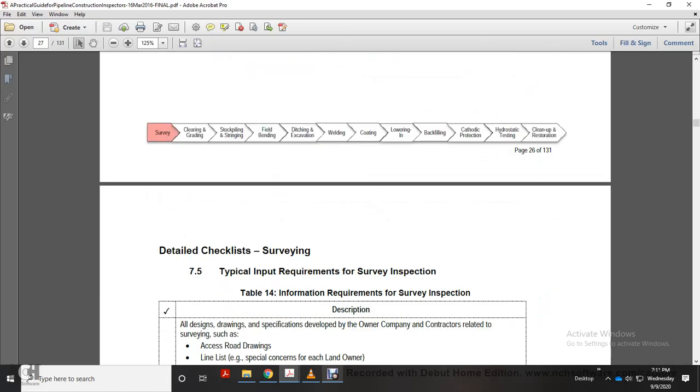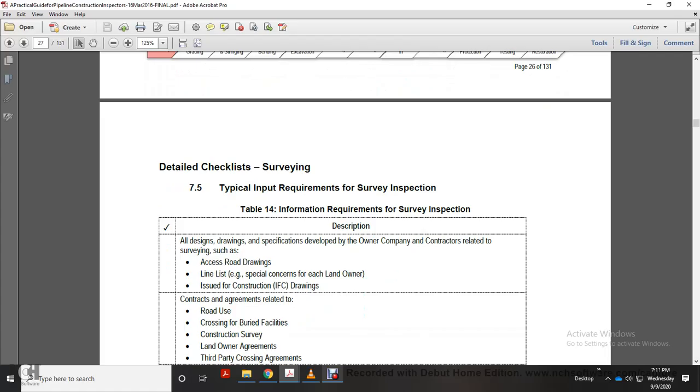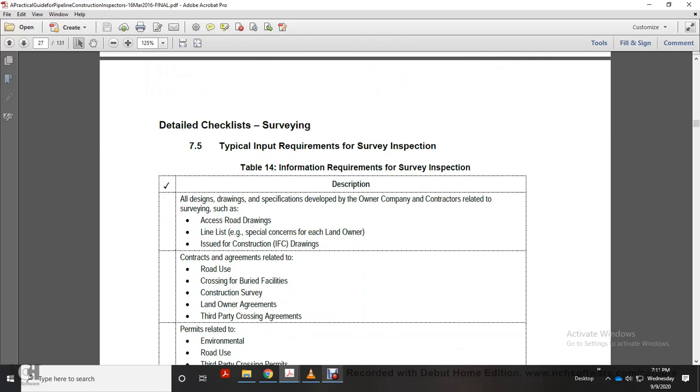Detailed checklist of the 7.5 to 10 technical input requirement survey inspection. Table 14, information requirement of survey inspection description: all design drawings, specification of detail developed by the owner and company contractor related to surveying such as access roadways, line lists, issue construction drawings, contract agreements related to road use, crossing of the buried facility, construction survey of the